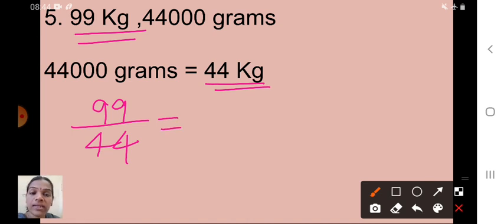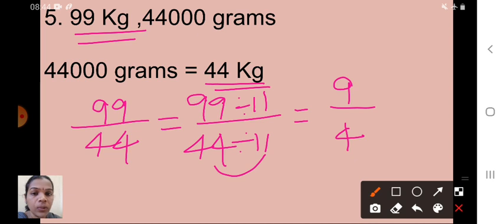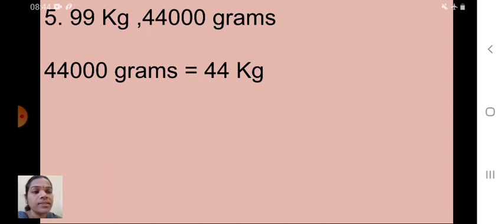So here what is the highest common factor of these two numbers? Very good, 11. Okay, that means 99 is divided by 11 upon 44 is divided by 11. Okay, that means what will come? 9 upon here what will come? Yes, 4 will come. So 9 upon 4, this is your answer. Okay, so I hope you understood. Yes, shall I go to next one now? Sixth one is